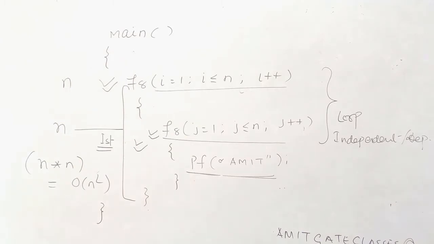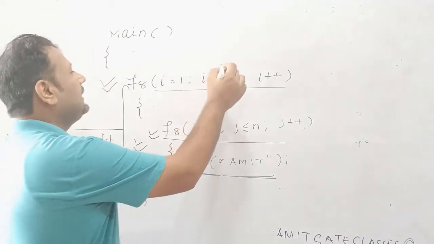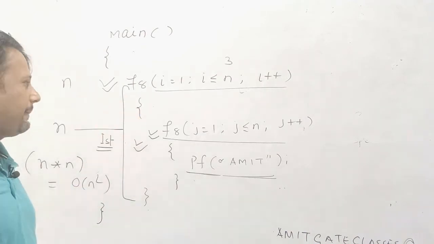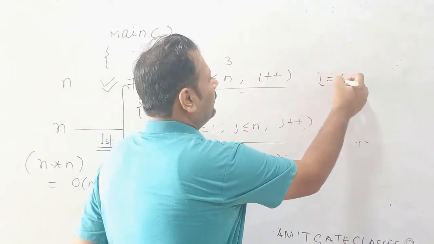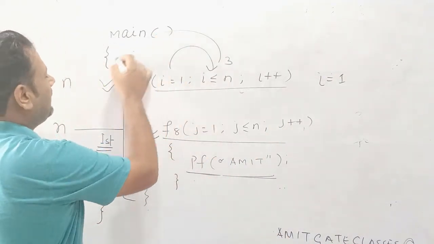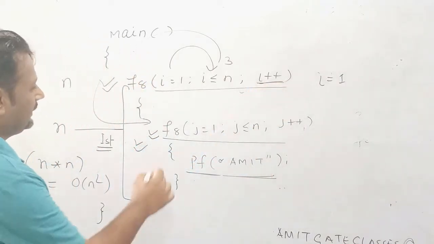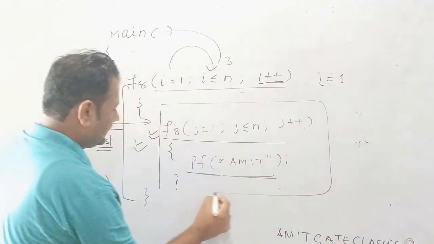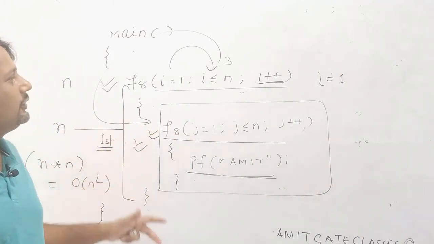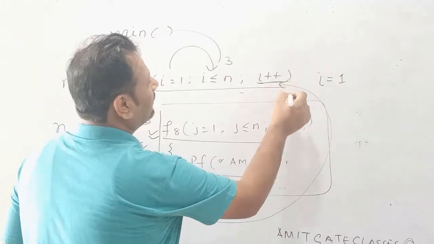N square times. Let me take one example so that you can understand whether whatever we are talking is correct or not. Let me take n equals 3. So how is this loop going to run? First time i will become 1. We'll check the condition. Condition is true, then we'll come inside this loop. Now we cannot go here until and unless whatever is written inside the body of this for loop is executed. That means we need to execute all these things, then only we can go for i plus plus. Whenever we come out from here, then only i can go for i plus plus.